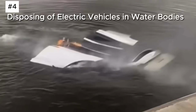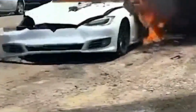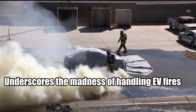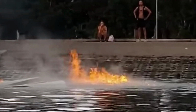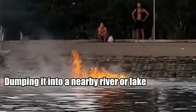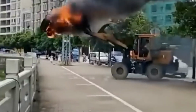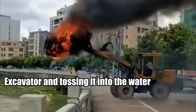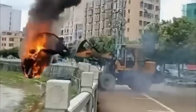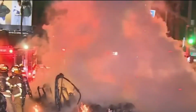Number 4. Disposing of electric vehicles in water bodies. Another method that truly underscores the madness of handling EV fires is the wild notion of literally picking up the burning vehicle and dumping it into a nearby river or lake. Yes, you heard that right. Picture this, scooping up the flaming car with an excavator and tossing it into the water like it's yesterday's trash. It sounds like something straight out of a disaster film, but believe it or not, this extreme method has actually